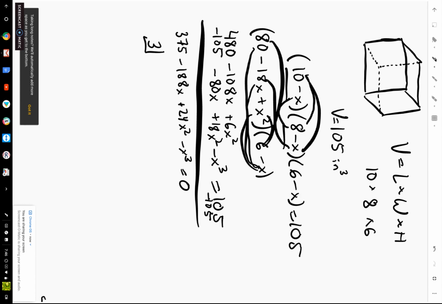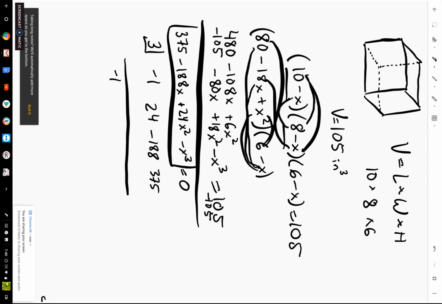And so when I've listed out my coefficients here, notice how this problem up here is not in the correct order. All the terms are reversed. So I need to get the third power term first, which is negative 1, and then the 24, and then negative 188, and then 375,